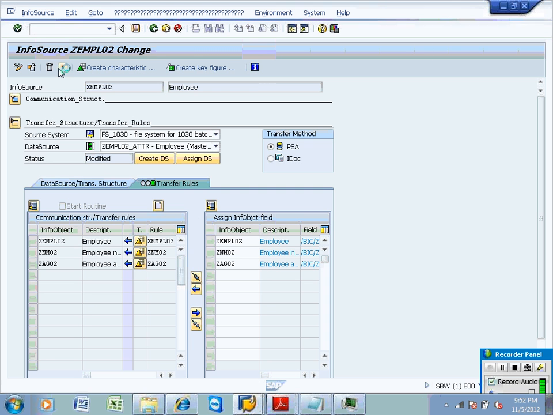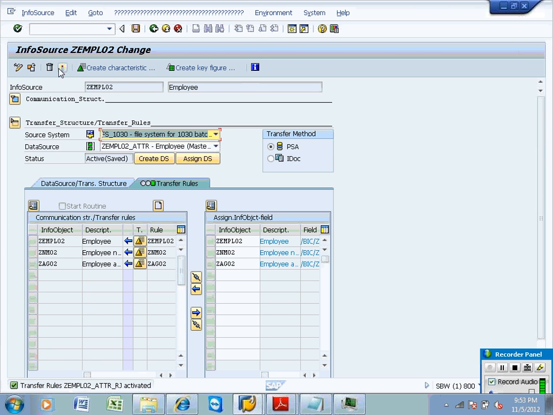Now the entire data flow diagram is ready. Create IP and schedule the data process. Earlier transfer rules. Yes, once all the connections are established, initially it will be in red color if no connections are established. Later on, if you connect a few info objects, then it will turn into another status. If you complete all the connections, then you can see green status.